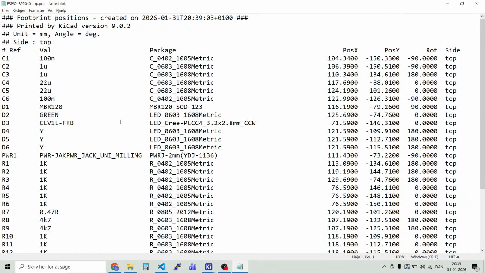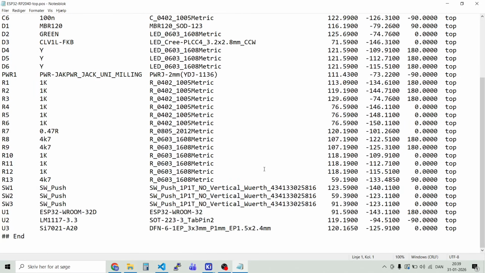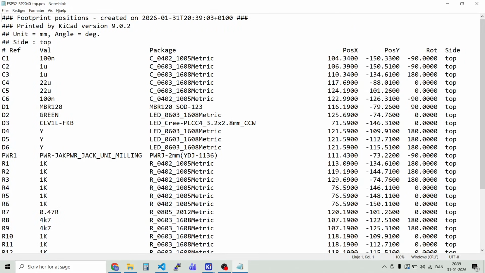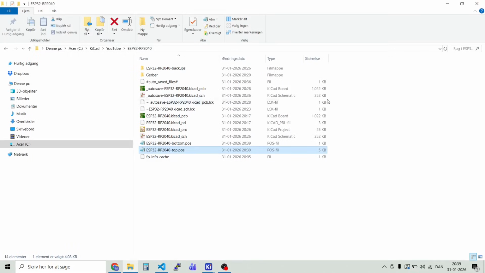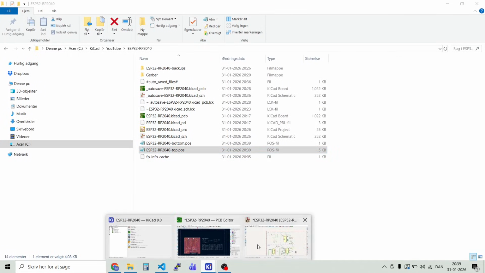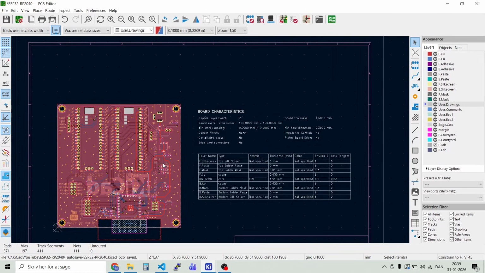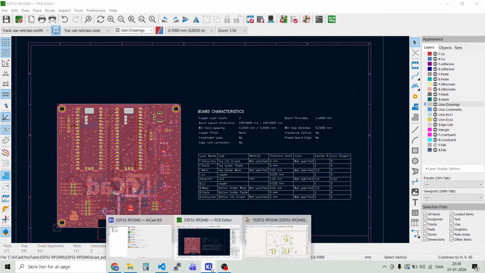This is all the parts we have here, the values and the packages and the X and Y positions and which side it is and if the part is rotated. So let's head into KiCad again and press save. So we are happy here,